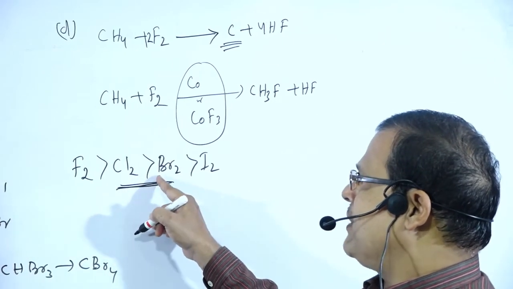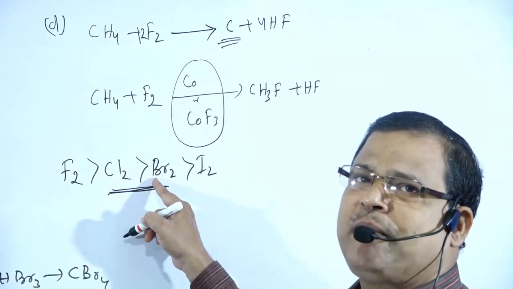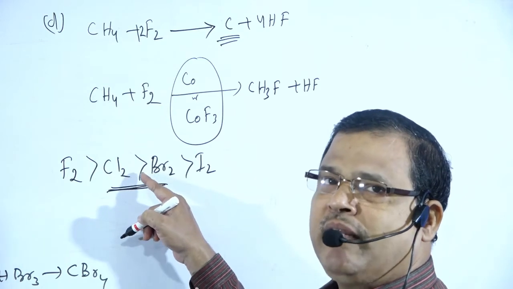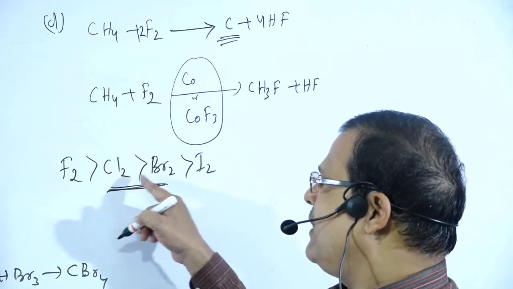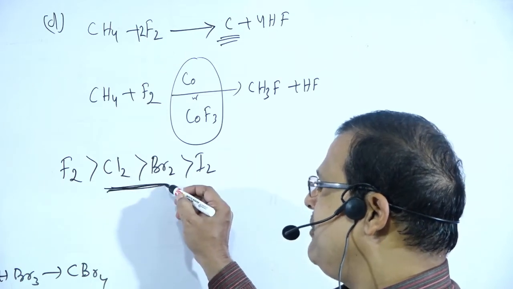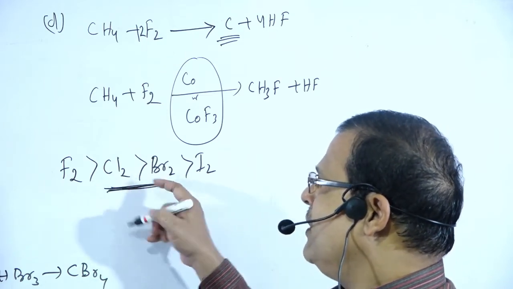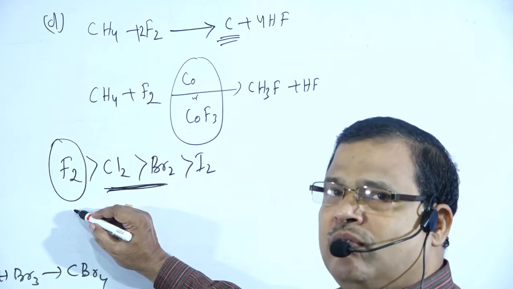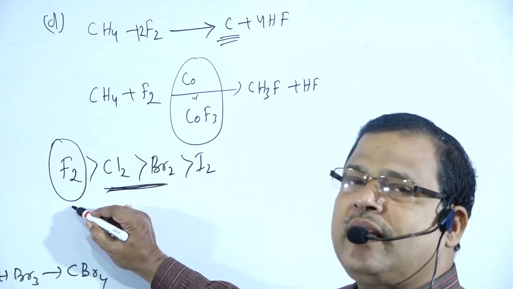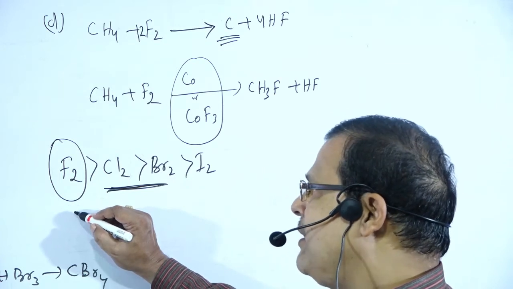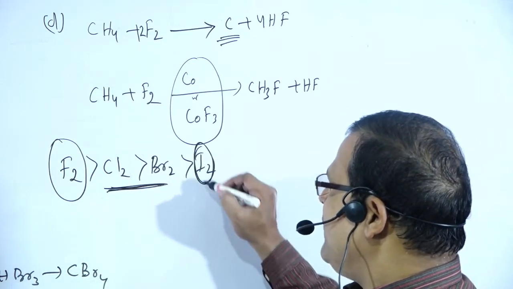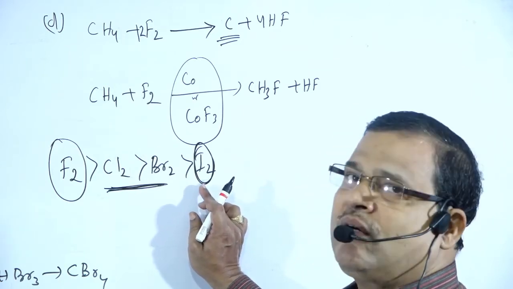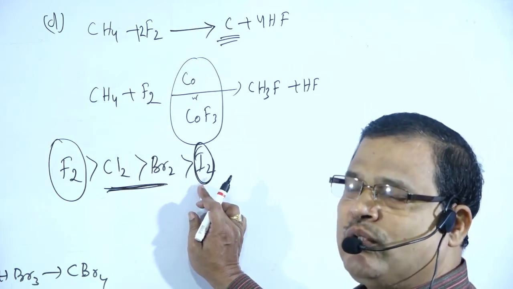That is taking place in the presence of sunlight. The same type of mechanism, free radical mechanism, takes place in chlorination or bromination. But if you compare the rate of reactivity, chlorine is greater than bromine. Fluorine is most reactive, and for the reaction to be carried out, cobalt or cobalt fluoride is taken as moderator, that is a negative catalyst. For iodine, the rate is very slow, so nitric acid or phosphoric acid, which are oxidizing agents, is added, which will favor the reaction.